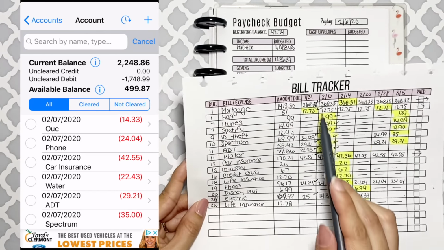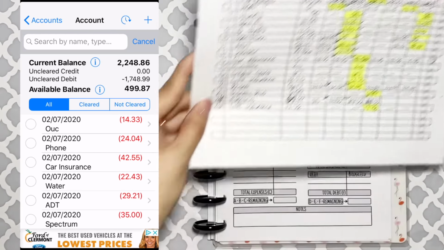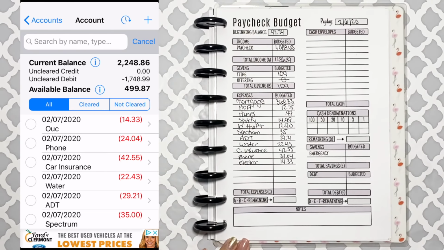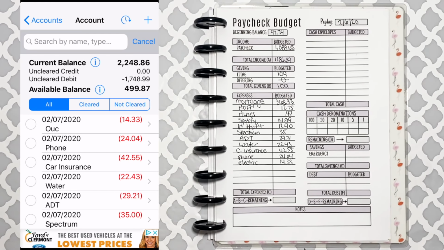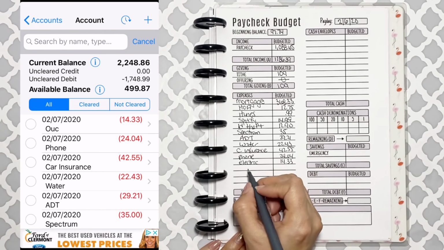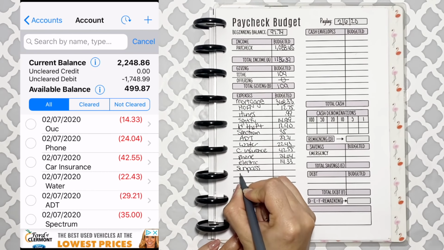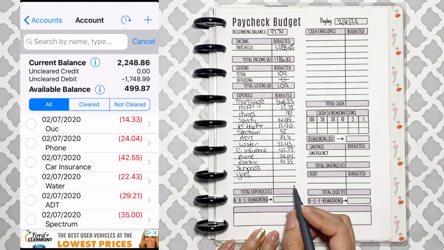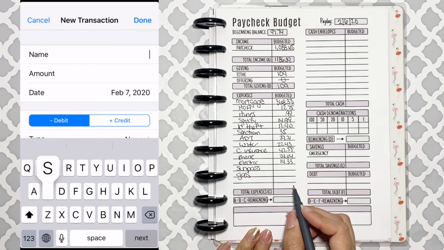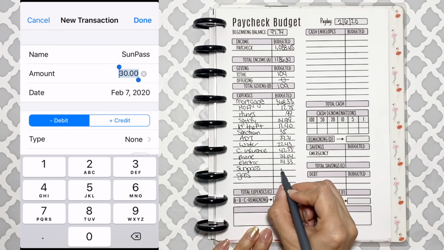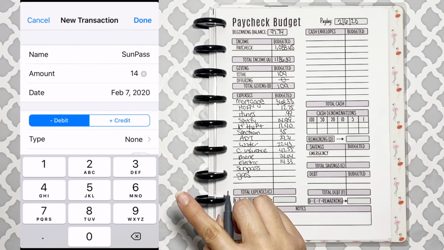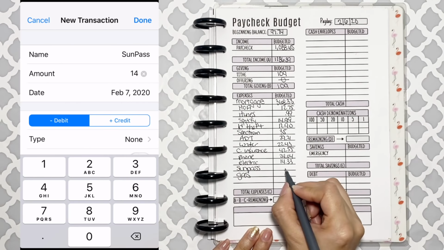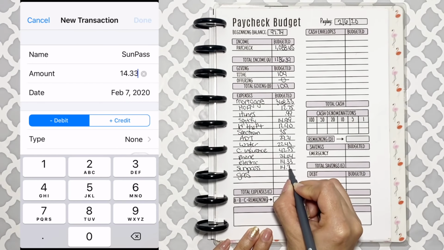Okay, so I got my bill tracker all completed, so I'm going to set that aside. Now it's time for working on my variable expenses, which in this case is SunPass and our gas. So SunPass, I got a bill in the mail for a toll, which is $14.30. I know here I had put in $14.33, but I did correct that. So I'm going to put it's $14.30